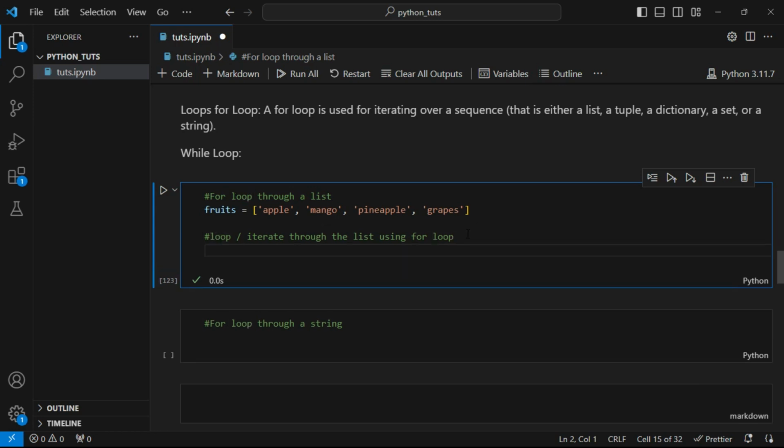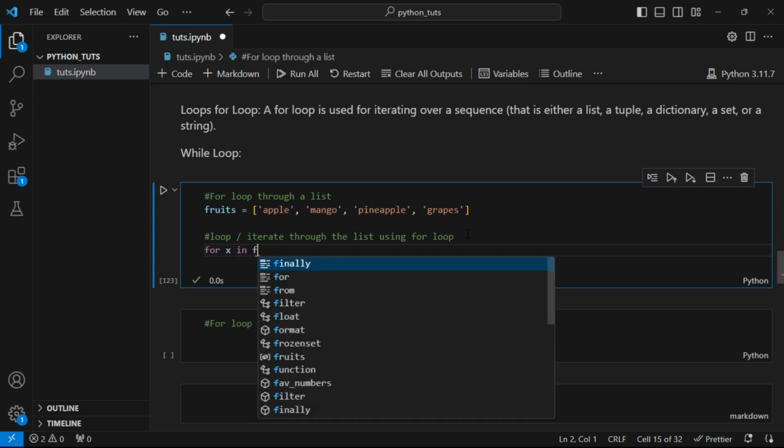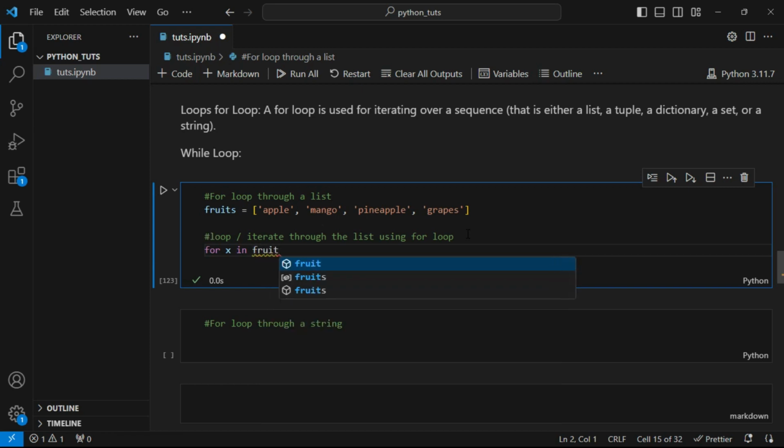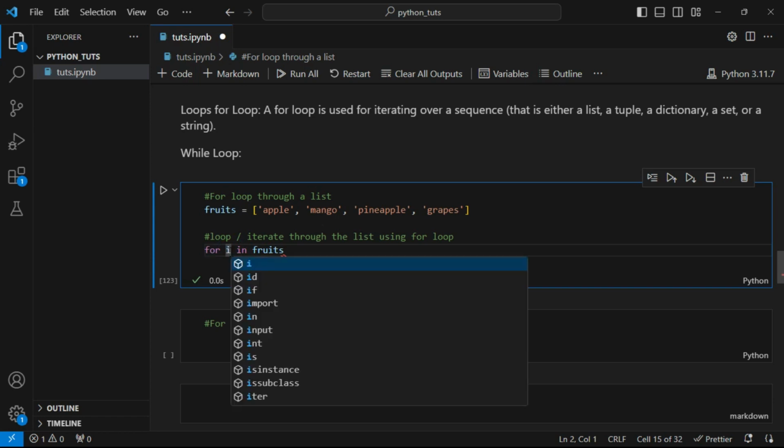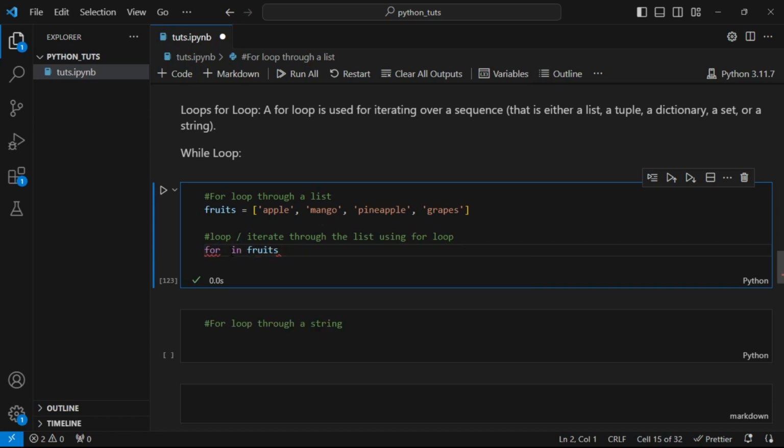What you need to do is write for x in fruits, where x is just a variable. It can be anything. In some programming languages you see i, it can be a, it can be fruit, however we want. Let's use fruit, so for fruit in fruits,